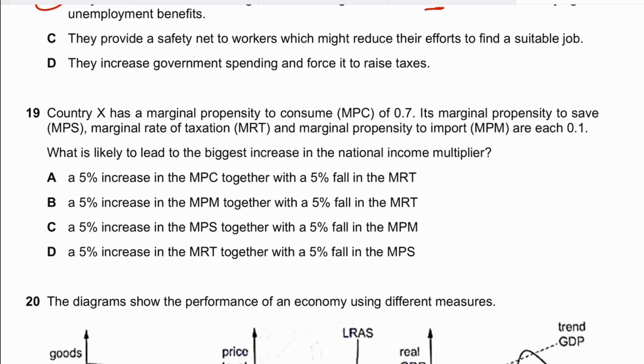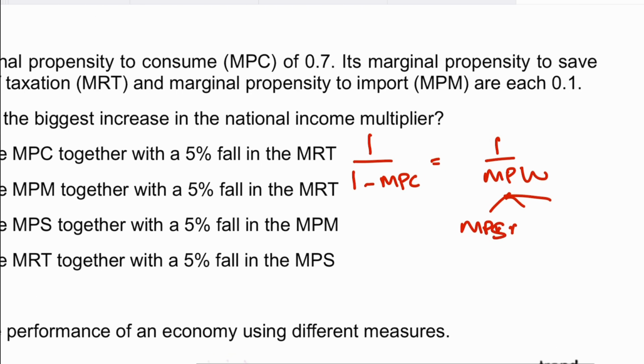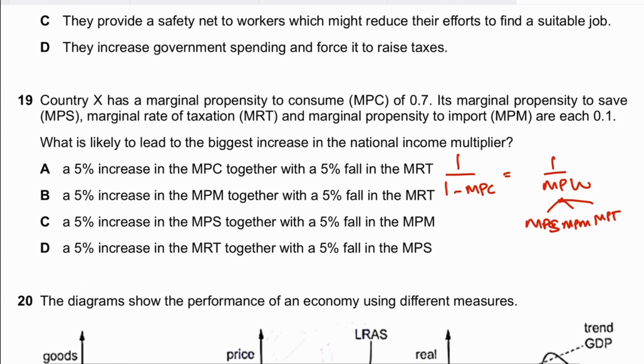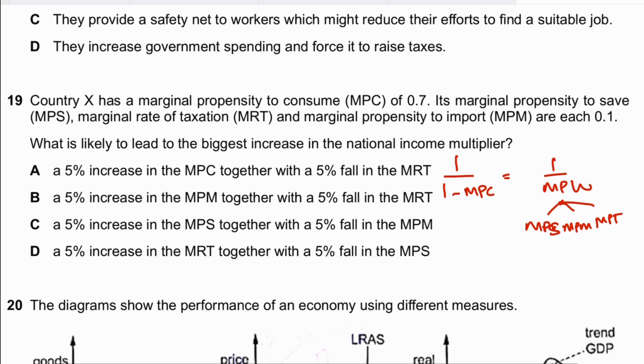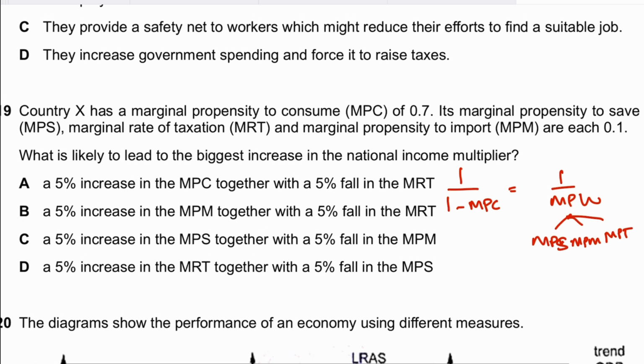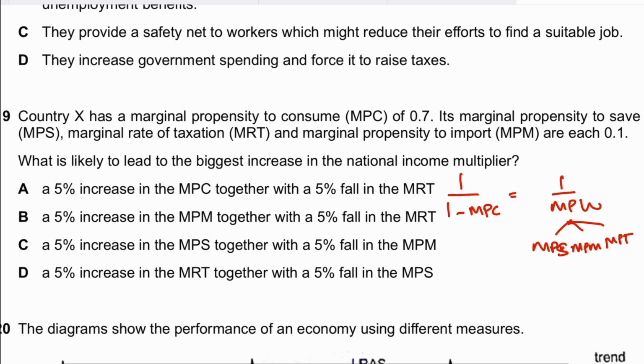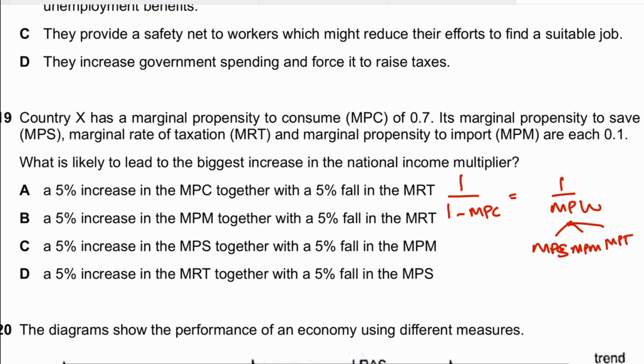So the formula for the multiplier is 1 over 1 minus MPC, right, which is also equal to 1 over MPW. That comprises your marginal propensity to withdraw, that comprises your marginal propensity to save, marginal propensity to import, and marginal propensity to tax. And it follows that the value of your multiplier will go up if your marginal propensity to consume goes up, right? And it follows that A should be the correct answer because,